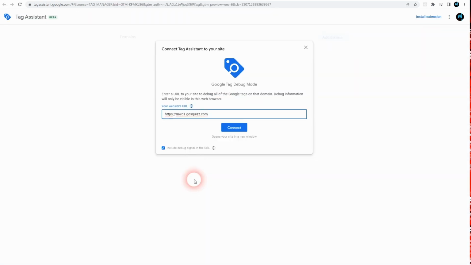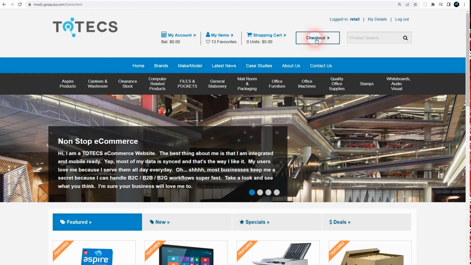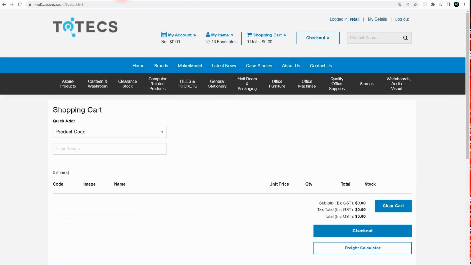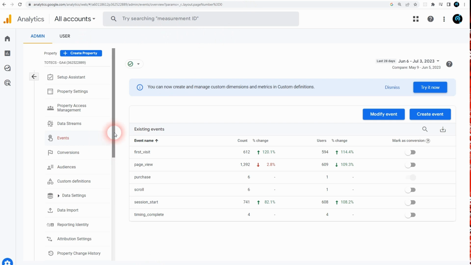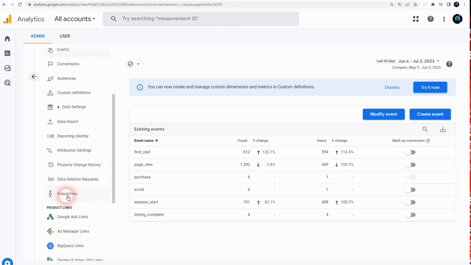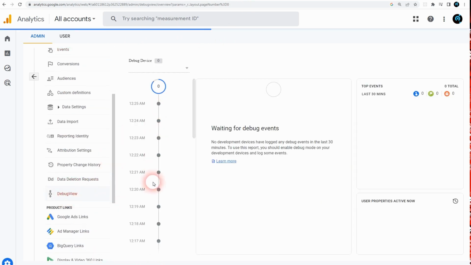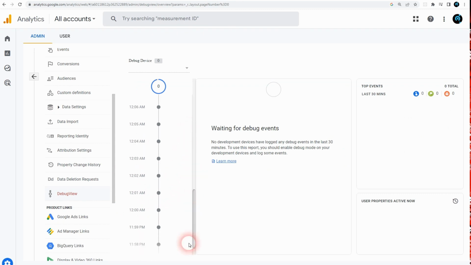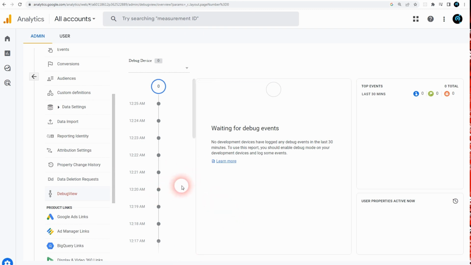You can also test this out before you make these changes and submit it by using the preview option, where you can use the Google Tag Assistant to go to your website, click the connect button, and it's best probably to do this in Google Chrome, which will redirect you back to your website where you can then follow the checkout process again. Once you've submitted the order, then back within Google Analytics, you can go down to the debug view to see if an order has been placed within the timeline here and see what data is being passed across. So that's a good way to test and debug that the order data is correctly set up, that the tags and the IDs are correctly set, and seeing that the accounts are correctly linked.